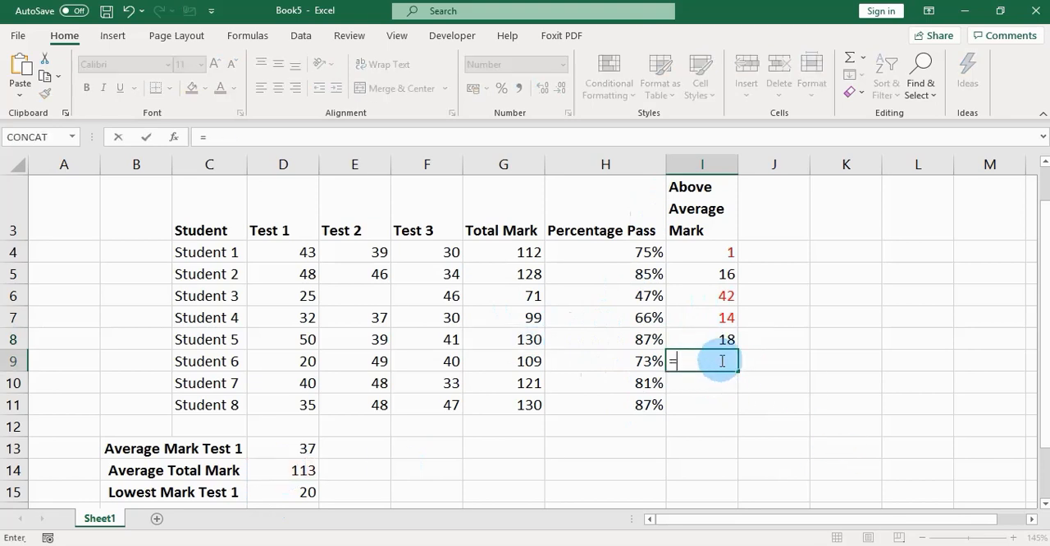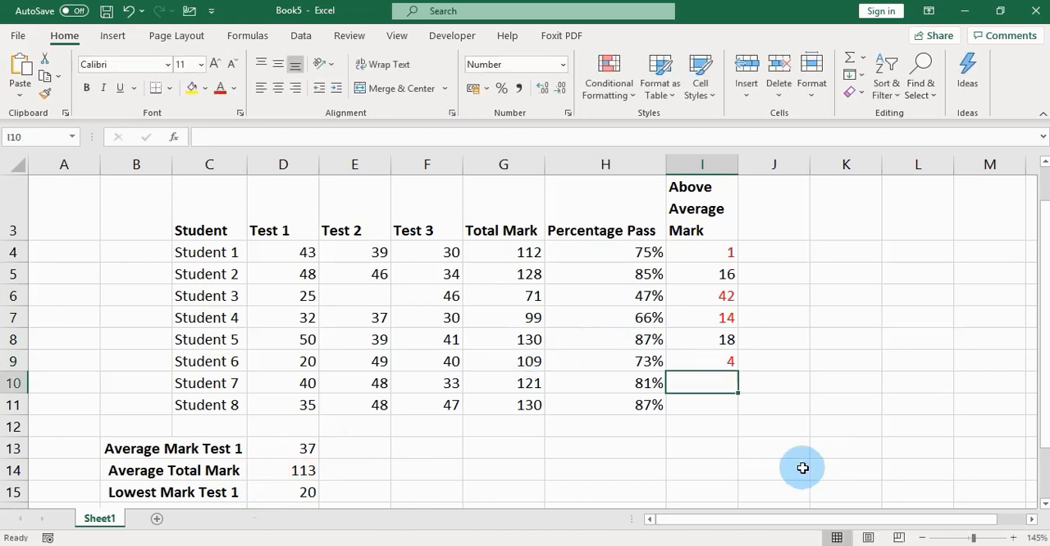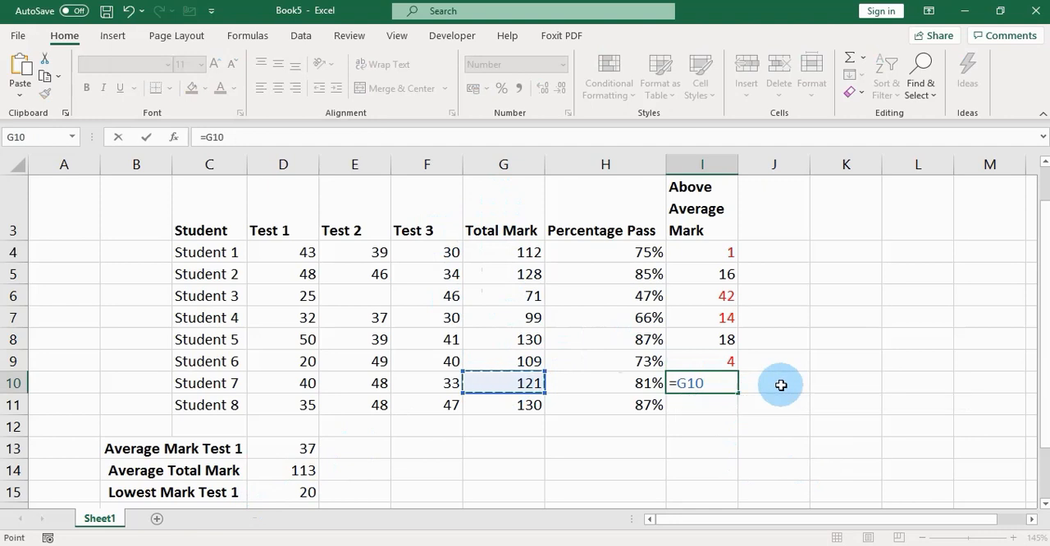My equal sign calculating for student number 6, that is the value, minus D14, which is the average total mark. Enter key. My equal sign, I'm calculating for student 7, that is the student's total mark, minus average total mark,